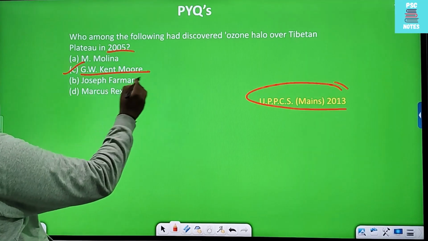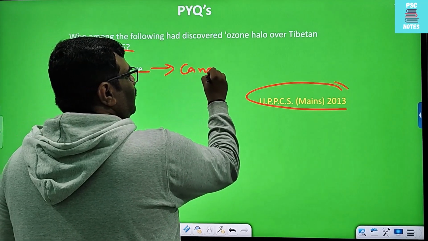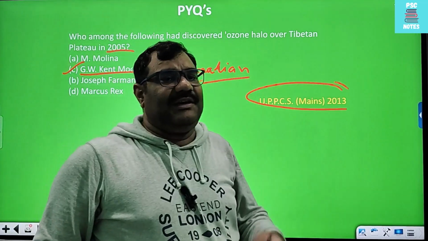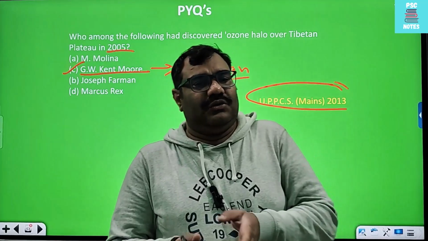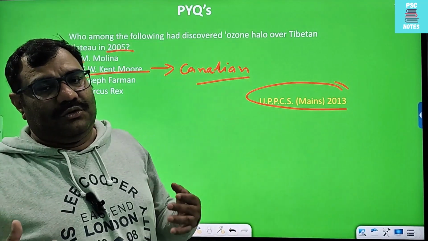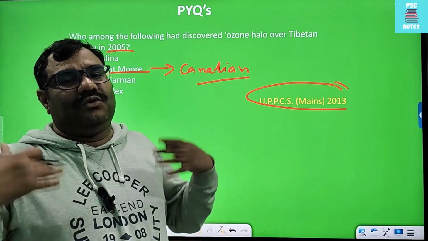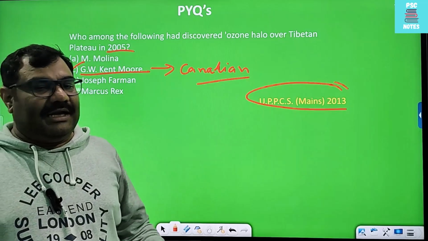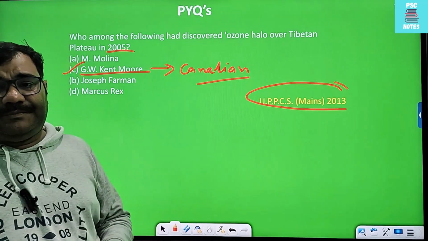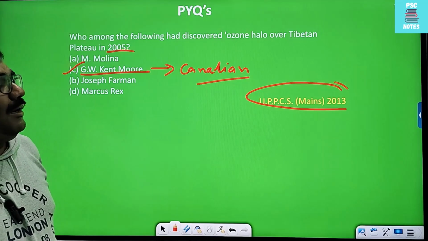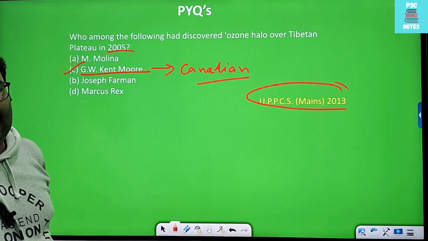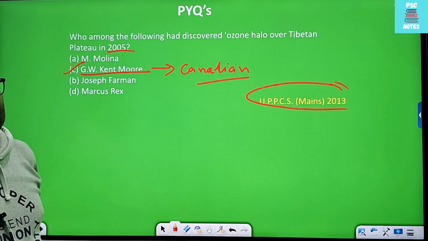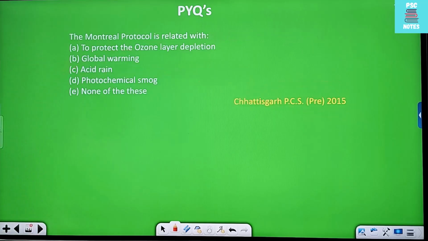तो GW केंट मोरे, he was a Canadian scientist. Discovery was significant because it showed a natural ozone variation, ठीक है। यहां पर इनफैक्ट ओजोन होल की जगह यहां पे एक्सेस ओजोन क्रिएशन था, बिकॉज ऑफ अल्टीट्यूड, एटमॉस्फेरिक सर्कुलेशन एंड फोटोकेमिकल रिएक्शन इन द रीजन, इट वाज अ ओजोन हेलो, ठीक है। नाउ other are also related to ozone, ठीक है।